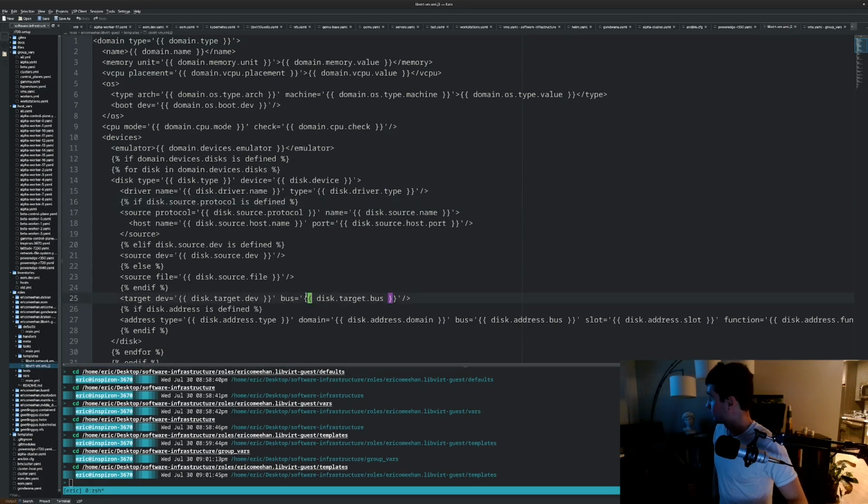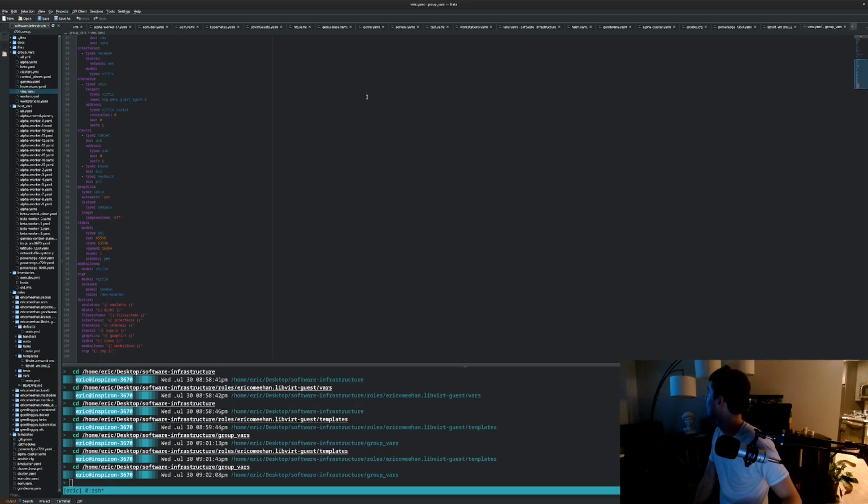All of these variables here have default values defined currently in the group vars file, and so I can just deploy any of those VMs I defined, Alpha Worker 13 through 17. I can just say deploy them, and it will deploy them with the default values. And part of those default values are